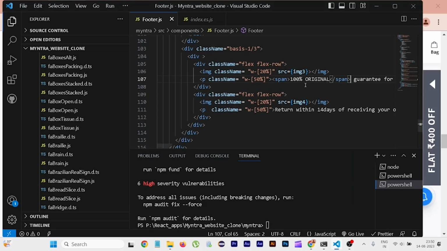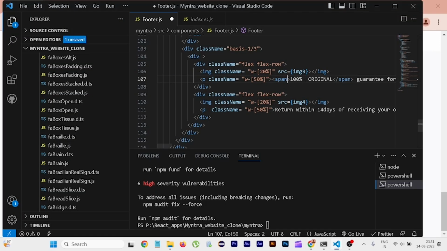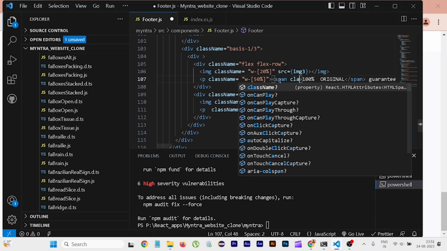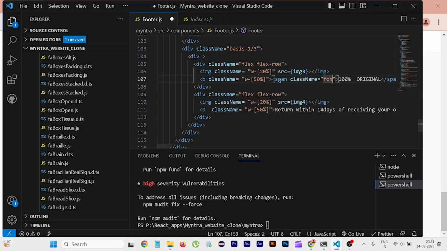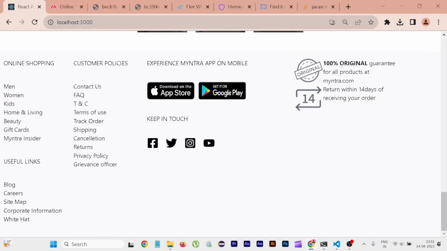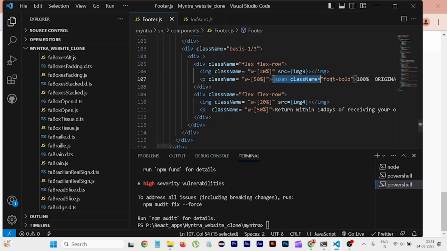Then go. What I'll do here, I put class name font bold. As you can see now, this is bold. Now I'll do the same thing for